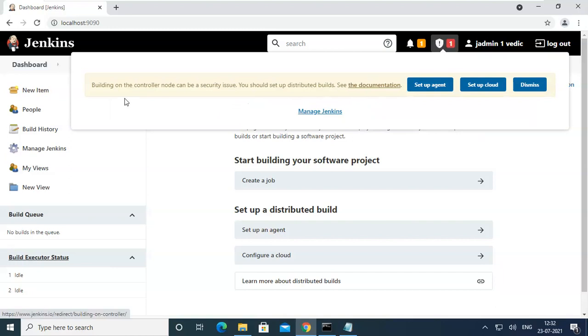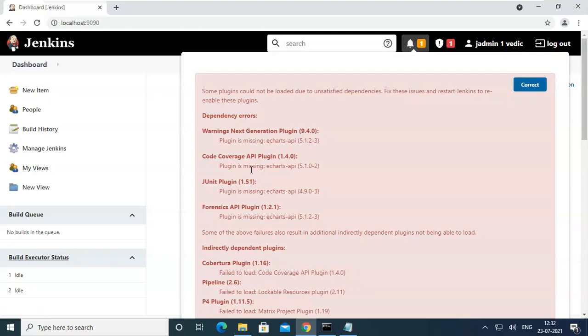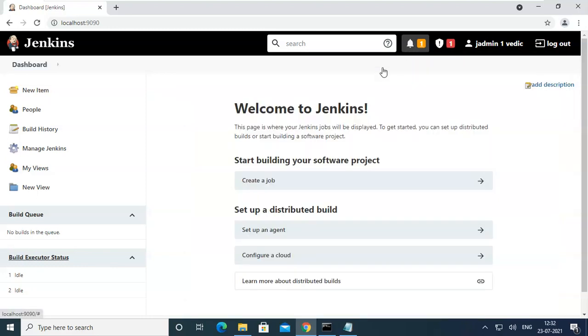There is a notification about the built-in controller node in security, a distributed build, something like that. It is showing set up a cloud. So these are plugins that are not installed. Okay, we'll see that one later. So this is Manage Jenkins.